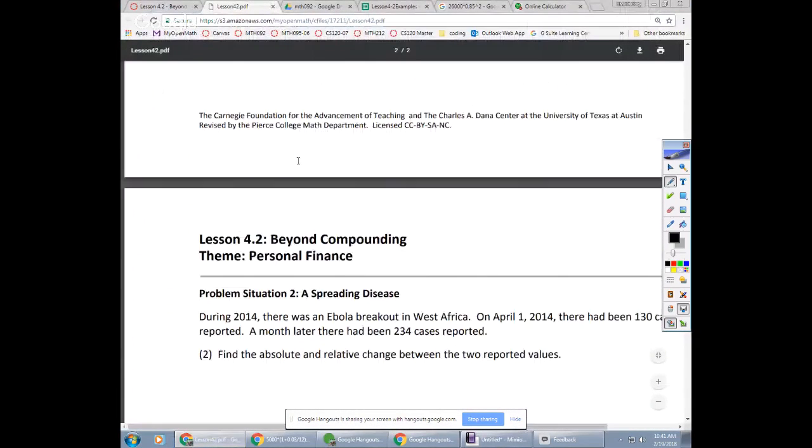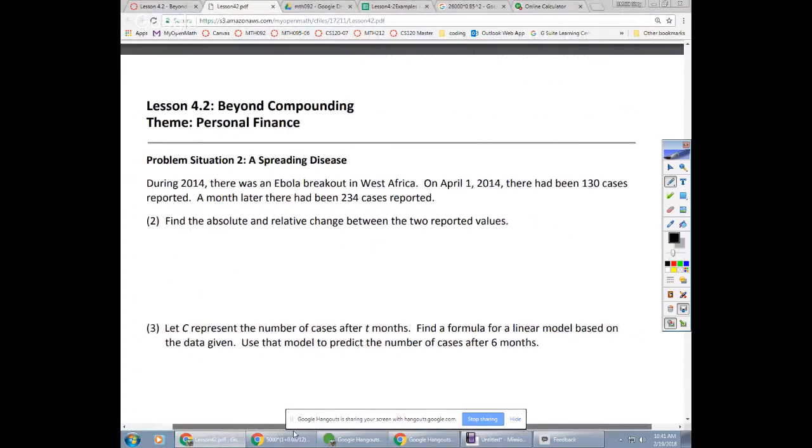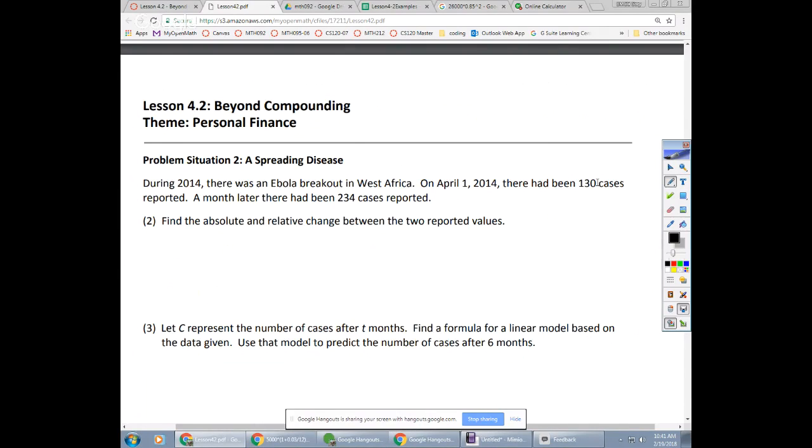Problem number 2 on the next page is based on some data from an Ebola outbreak in 2014. It lasted a little over a year. At first, there was a big increase in the amount of new cases each week, and then it kind of dropped off after that. So we're going to just find some models based on the first month. So we know in April, there were 130 cases, and a month later, there were 234 reported cases, right? So there was an increase in the number of Ebola cases. We jumped from